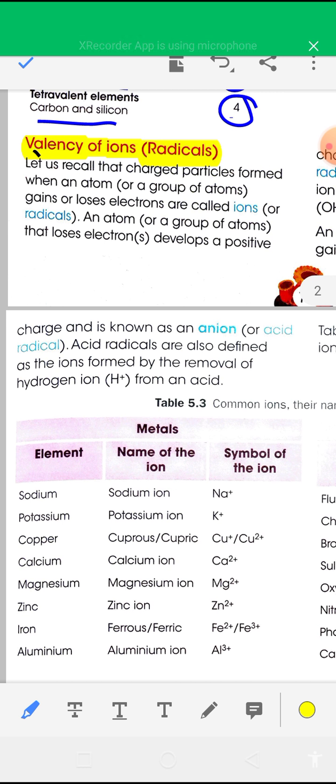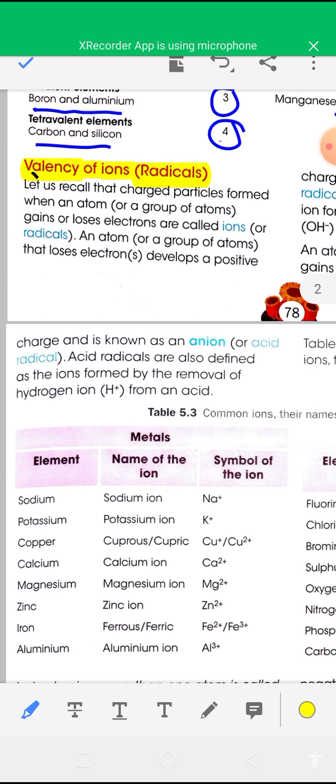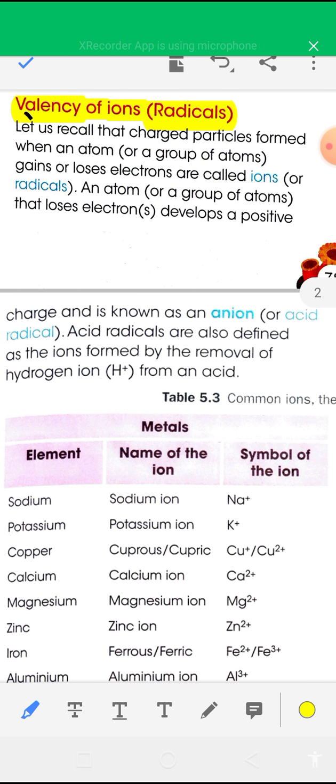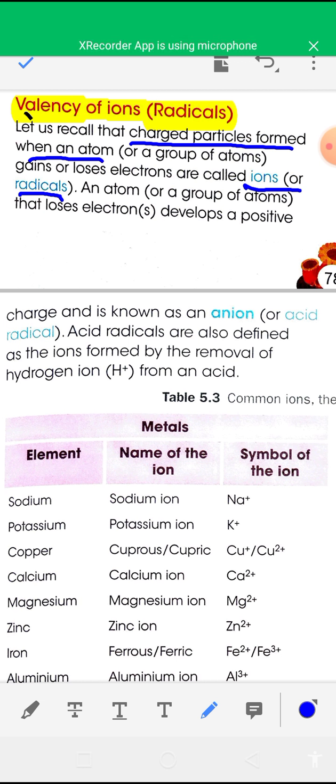Ions are charged particles. The charged particles formed when an atom or group of atoms gains or loses electrons are called ions or radicals. Atoms having positive or negative charge are known as ions, and groups of atoms having positive or negative charge